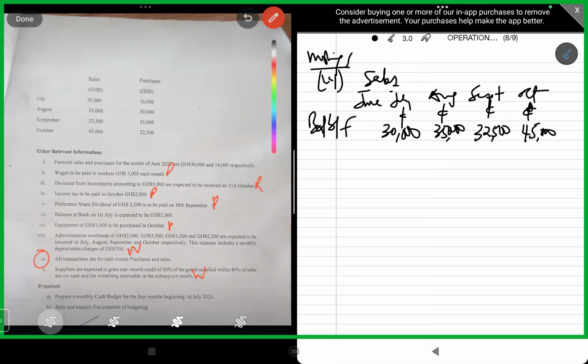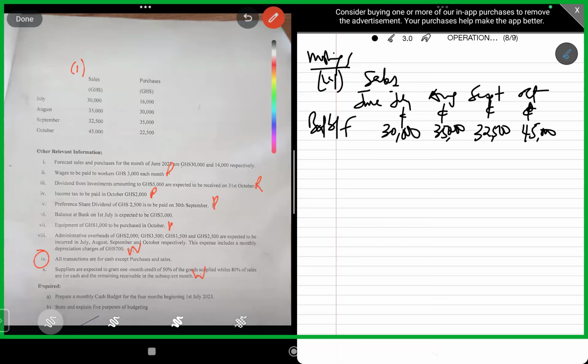Have you read that part? For June? Have you read that part? Okay, let me write it this way. Which footnotes are in connection with sales? I is concerning sales, and we are also having